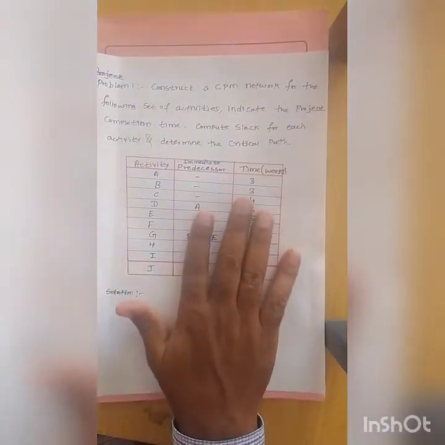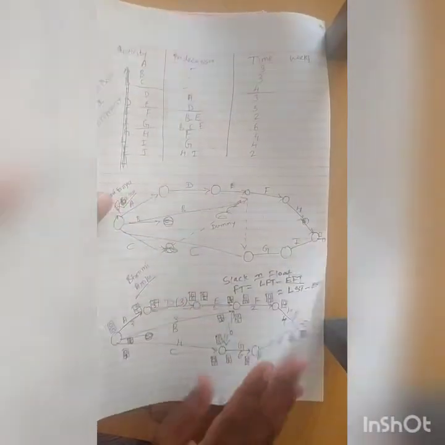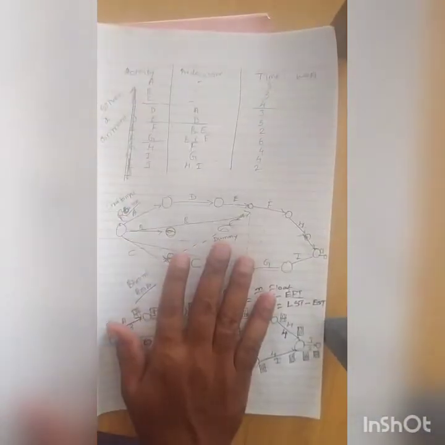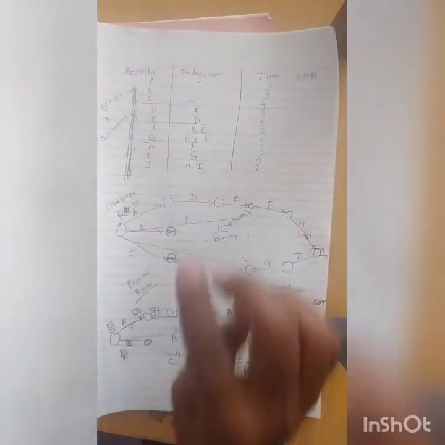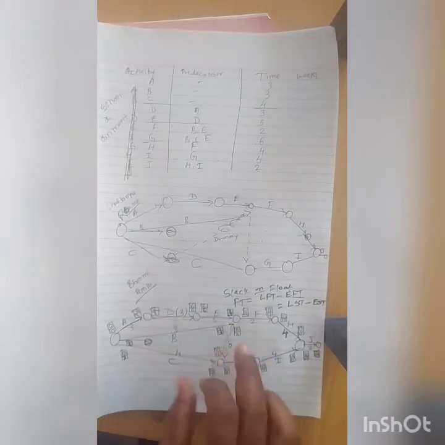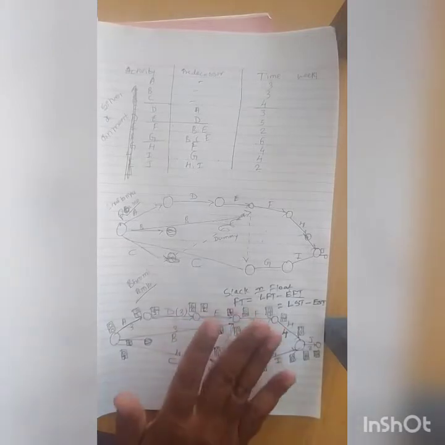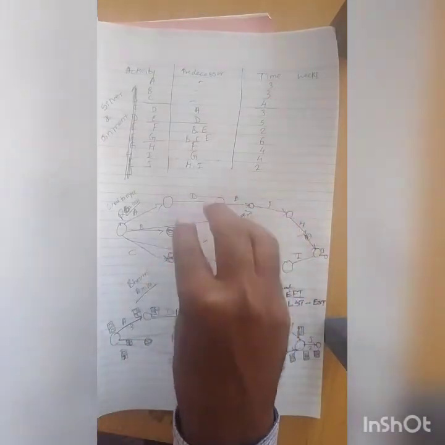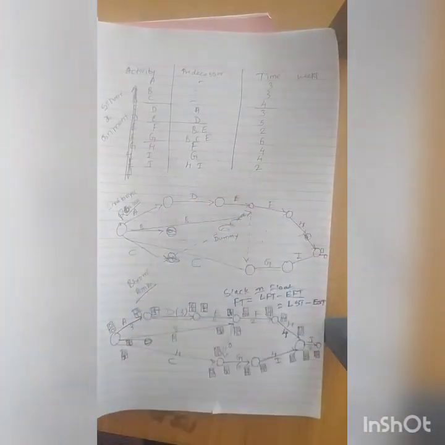So here, we first have to draw the network diagram for the given data. I have drawn one network diagram here as a first trial. I took the data, first made a rough sketch, and after that I rectified it correctly. First you have to draw a rough sketch of the network diagram, and after that draw it correctly, so then it is easy to draw. Otherwise, if you start drawing neatly at the beginning itself, then problems arise.